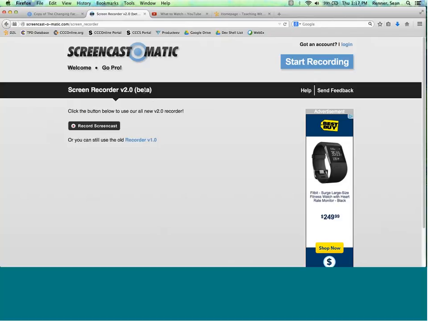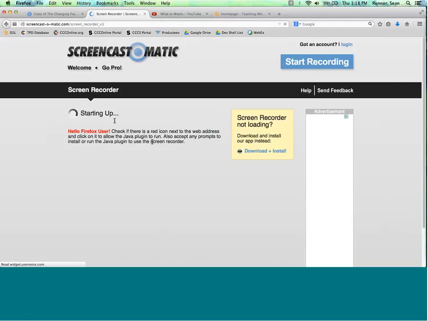that it's in beta. So I would not recommend using this. I've tried to use this new version, and it's pretty buggy, which is really what beta means. If you don't know what beta means, it means it's just not officially released yet. It's still kind of in the testing period, so you're kind of using it at your own risk. So I would suggest to you to use the old recorder version 1.0. That's kind of the tried and true tested one. So you can click on that, and it'll come to this screen where it'll start up your recorder.